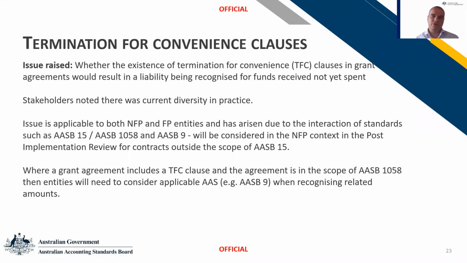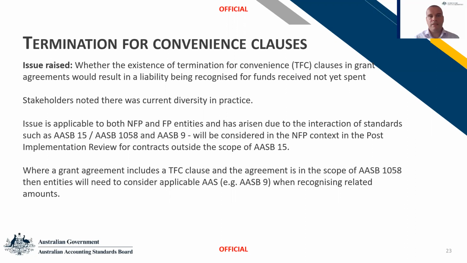As entities were going through their contracts and agreements, they identified that there are some clauses, especially in government grants but in many others, and these clauses also exist in the for-profit sector. It's essentially about the liability, where the question is whether a liability should be recognized for funds not yet spent when the grantor has the right to call the funds back for their convenience. Staff brought the analysis of that question to the board, I think in November 2020,